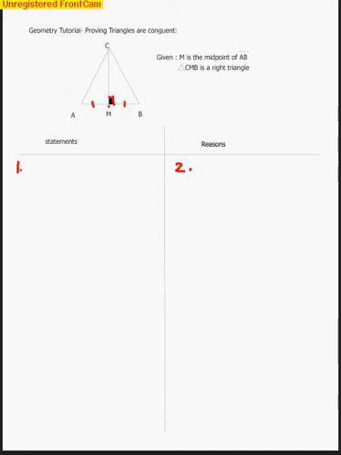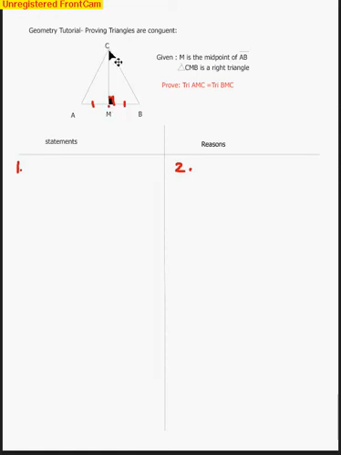Now the other part we need to know is, what are we trying to prove? And I just realized that wasn't typed in for us, so we'll type it here. We are trying to prove that triangle, and for sake of time, I'm going to write triangle AMC is congruent to triangle BMC. A couple things I want you to notice here, that A and B match, M and M match, and